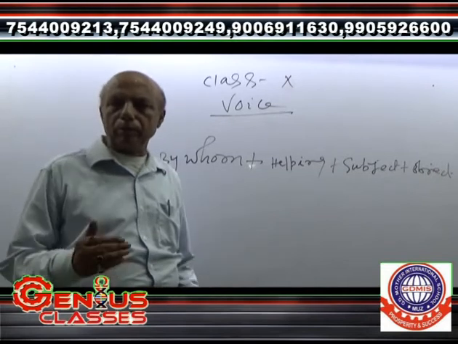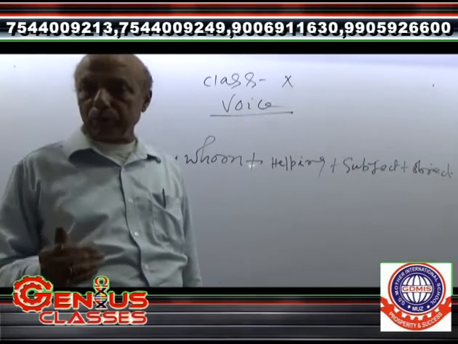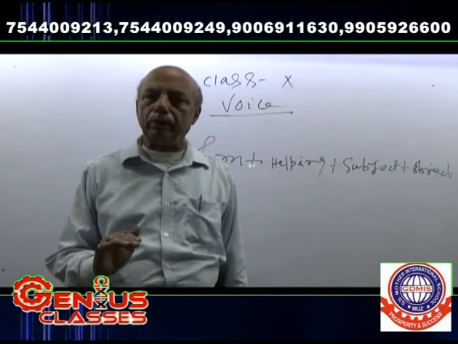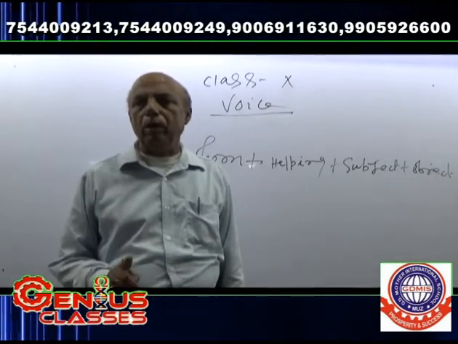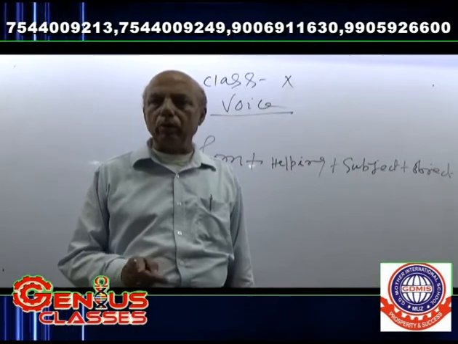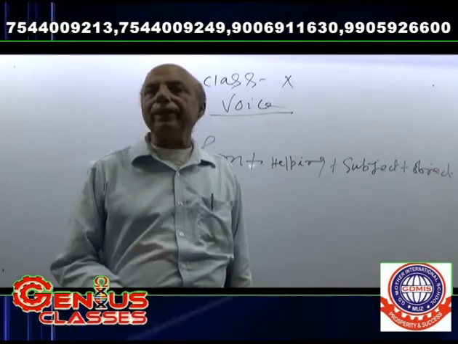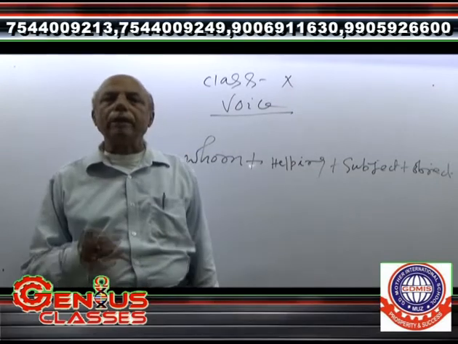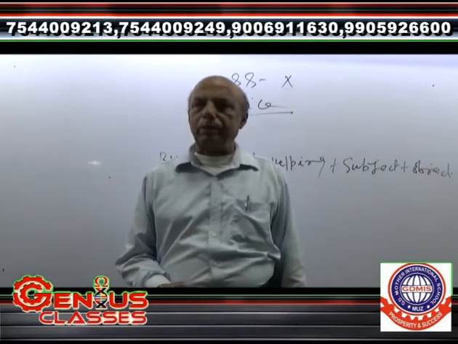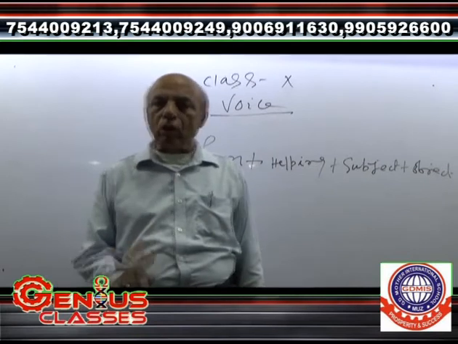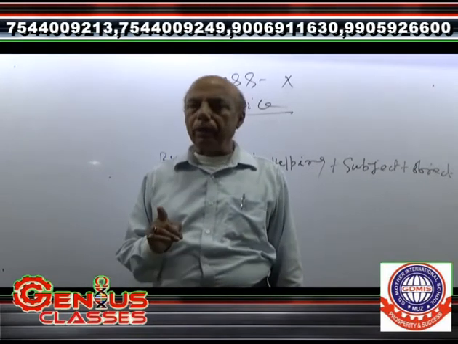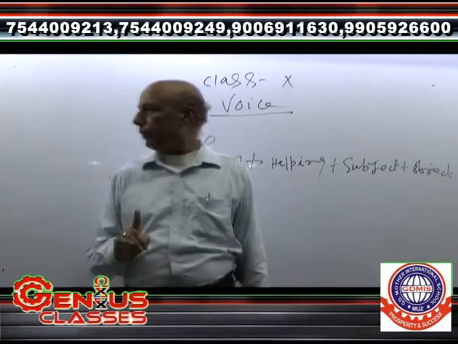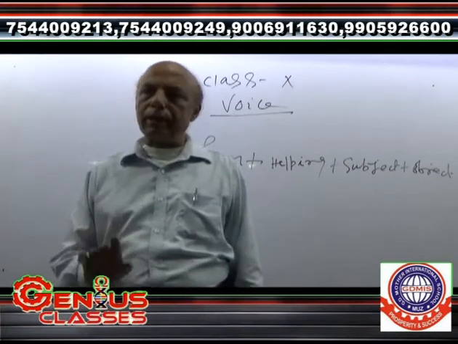I have told some of the sentences that start with who. These types of sentences are changed from active into passive by applying "by whom." Who wrote that book? By whom was that book written? "Who wrote that book" is active and "by whom was that book written" is passive. Who will sing a song? By whom will the song be sung? That is the passive.